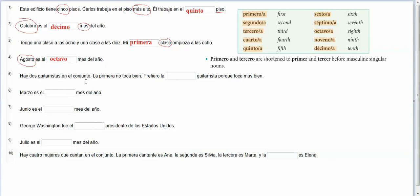Hay dos guitarristas en el conjunto. There's two guitar players in the band. La primera no toca bien. Prefiero la blank. So the opposite of primera. Primera is first. So there's two guitarists. La primera no toca bien. So the first one doesn't play well. I prefer the second one, which would be